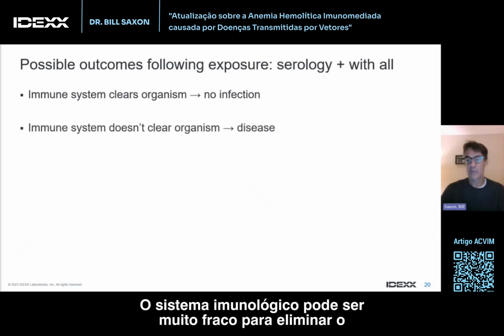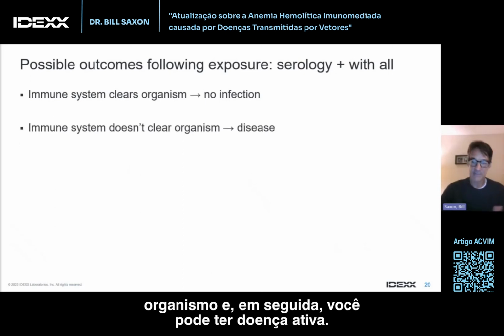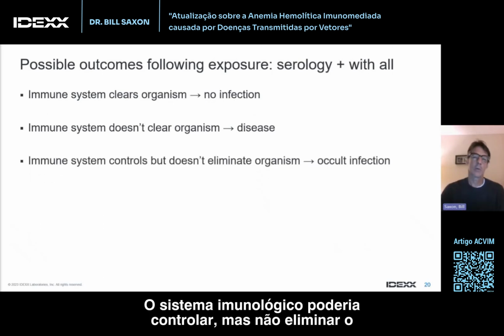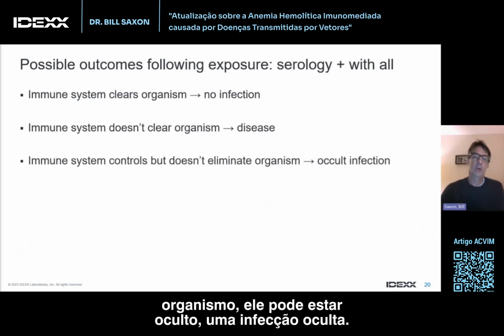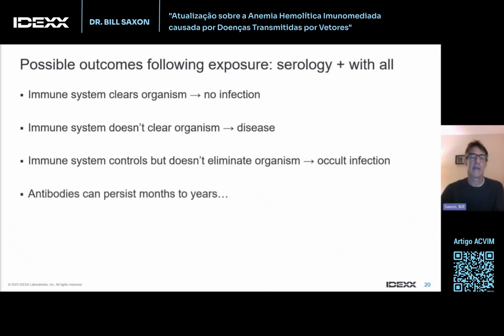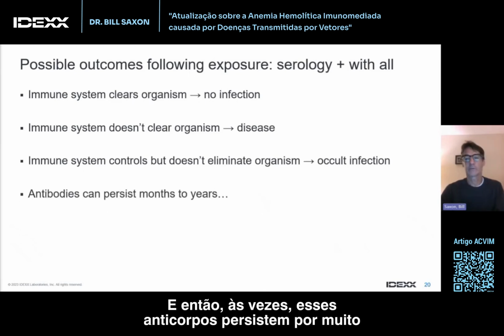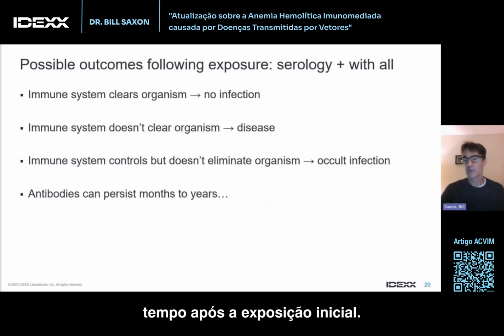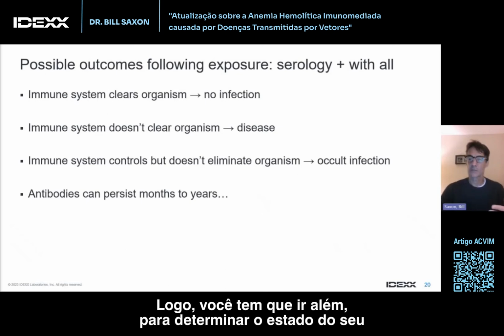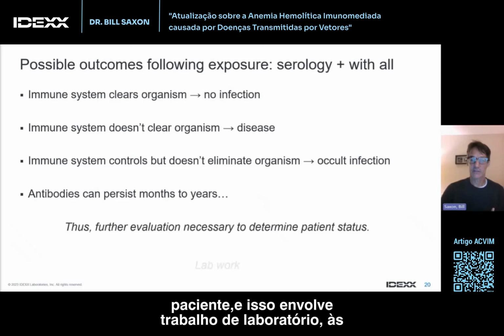The immune system may be too weak to clear the organism, and then you might have disease, active disease. The immune system could control but not eliminate the organism, so it could be occult, a hidden infection. And then sometimes these antibodies persist for a long time after the initial exposure. So you have to do more to determine the status of your patient, and that involves lab work and sometimes